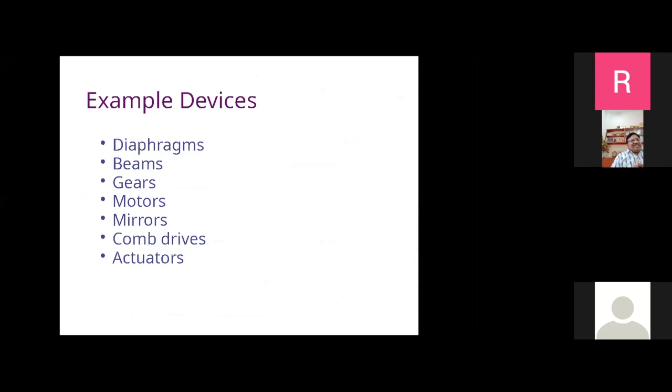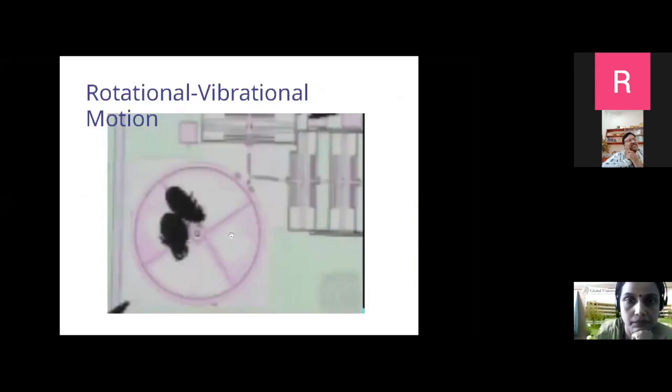So I have given you some examples of MEMS structures. I have put some pictures of diaphragms, cantilever beams, gears, including the entire motor, which has been possible on the chip. There are a lot of mirrors in the optical devices. Then comb drives are the ones which can control or actuate these. So these are all the examples I have put in the next few slides. I deliberately want to give you some mechanical structures because that is an important new thing in the optical MEMS that we are discussing now.